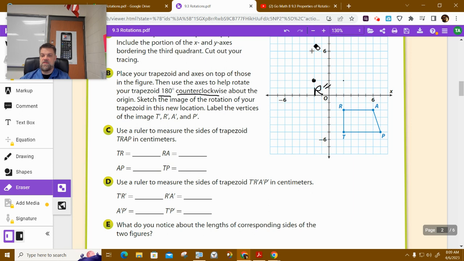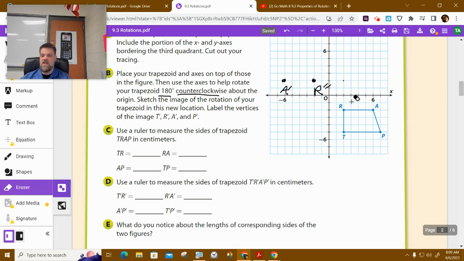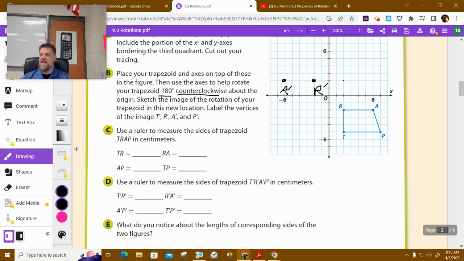This is the hard part. A is parallel to the x-axis. So because it's parallel to the x-axis, if I were to draw a circle and do a half circle, I would end up here. Do you see that? So that would be my A prime, not A double prime. I don't know why I did a double prime on R. You can. And I'm a math teacher, so I have to stop and think and go, oh, okay, wait, if I rotate it,